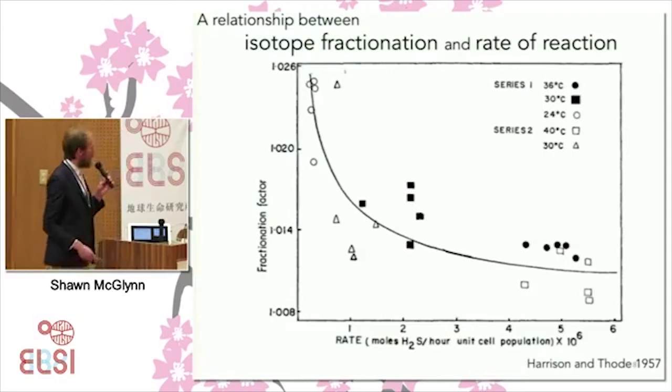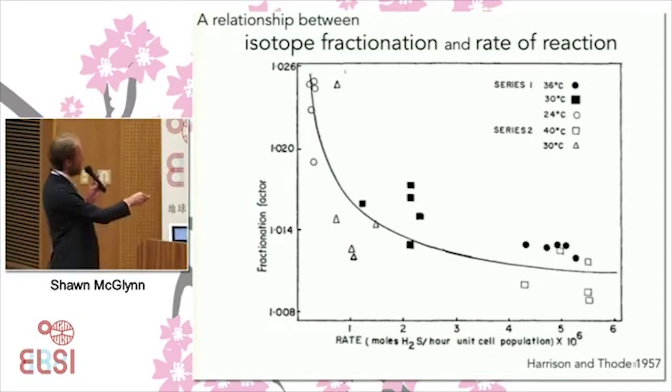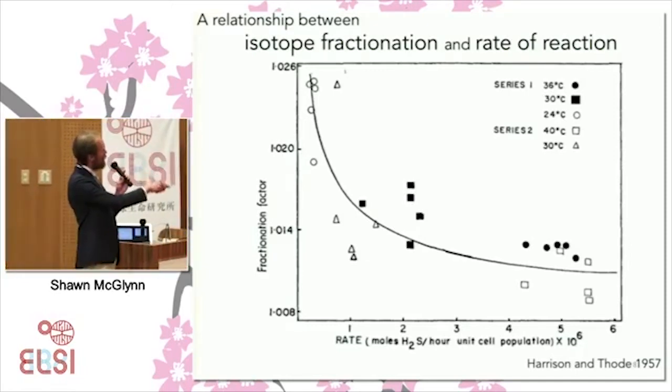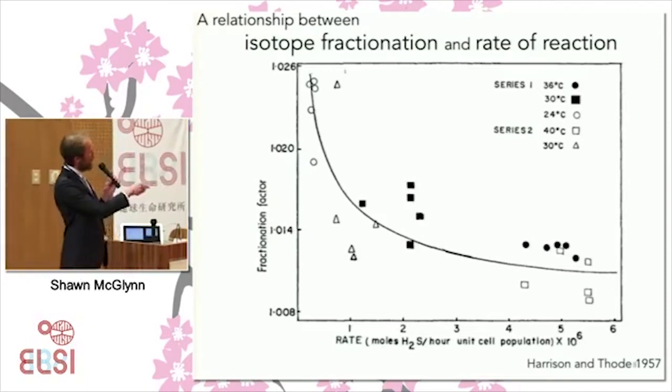This is another way of drawing that, but it's a way of drawing it that emphasizes a rate dependence on the process. Here we're talking about fractionation factors in an inverse way, so this is a little bit confusing, but we could translate this number here to about a 60 per mil fractionation. That's that equilibrium value that would be met as the rate goes to 0. We would encounter the y-axis here, and that would happen, depending on the temperature, right around 60 to 80 per mil fractionation. But as cells grow faster and faster, the fractionation changes. It's kind of muted away from that equilibrium value.